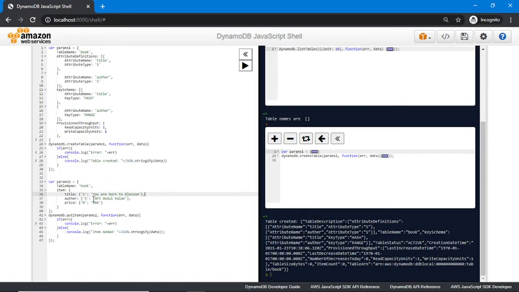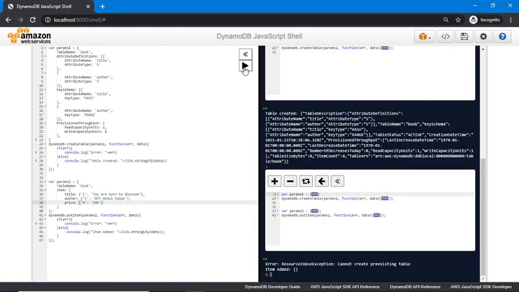Author, and here is the name of the author, and this is the data type of title, and this is the data type of author. And I added one more attribute here. It is price, its type is number, and the price is 186 rupees. I am going to pass this object to my dynamodb.putItem command with the help of a callback function. If all is well, I can get my result in this console, like item added and the data we added here. So now I'm going to run this command.